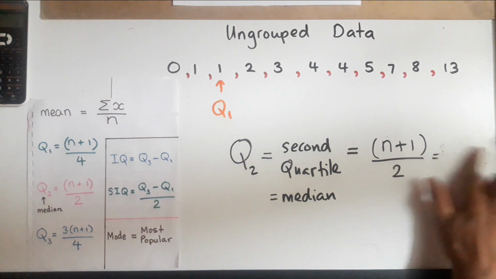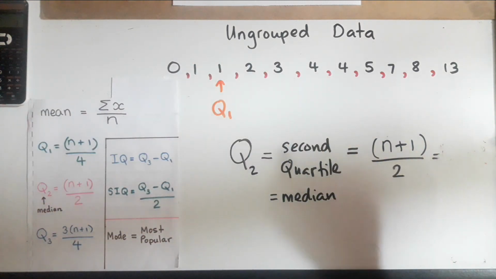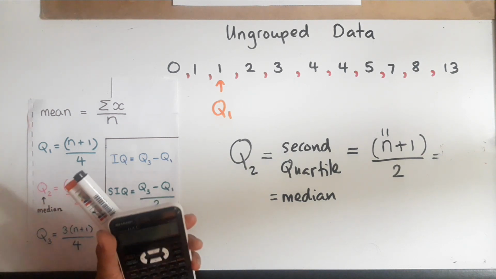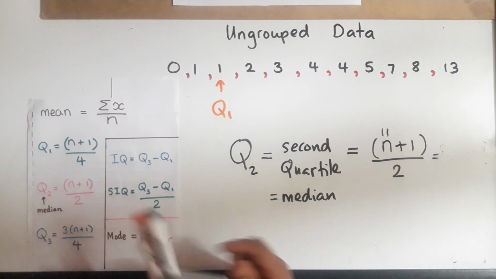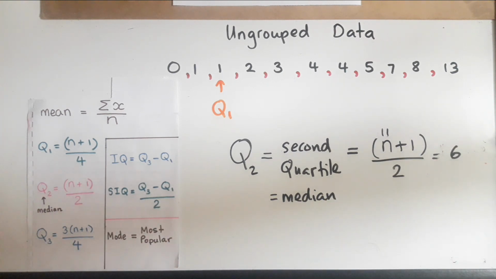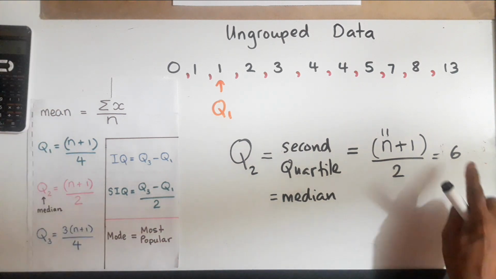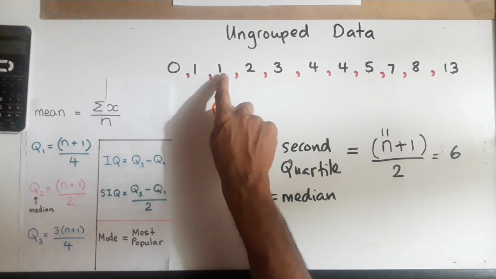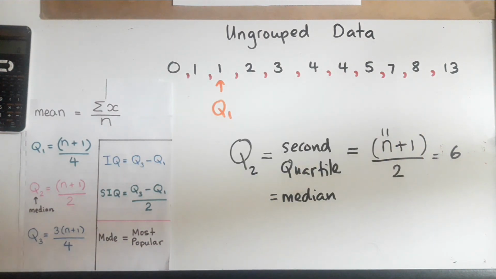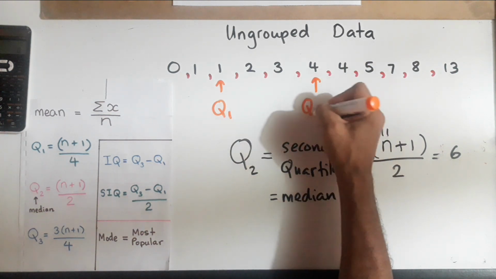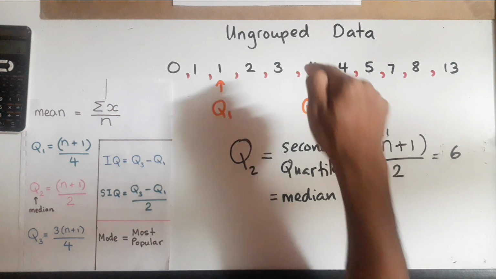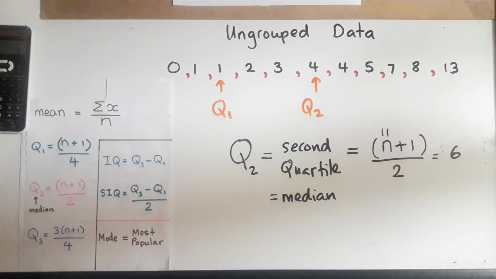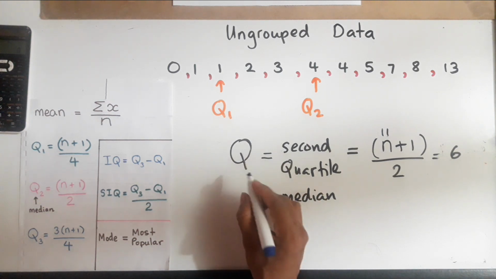So let's do this calculation now. Remember, n in this question is 11. I know I'm getting repetitive, but I think I need to do it. 11 plus 1 divided by 2 is 6. So 6 is not the actual median. That's the number we have to count to, to get the median. 1, 2, 3, 4, 5, and 6. Right, so this is our Q2. Right, so our 6th number is 4. I think you're all getting the hang of how to use these formulas now. So Q3. Q3 is your third quartile.